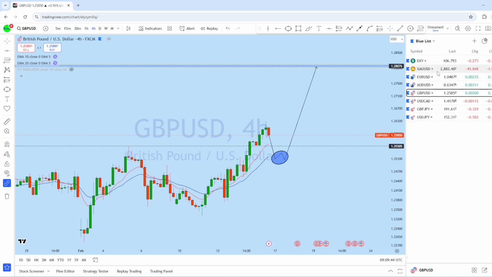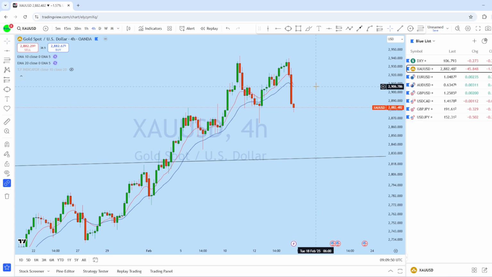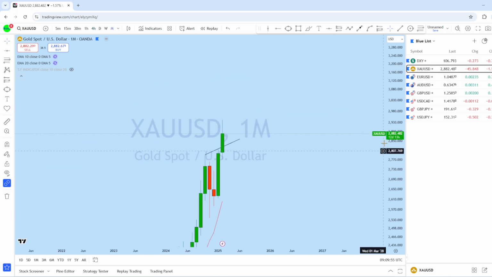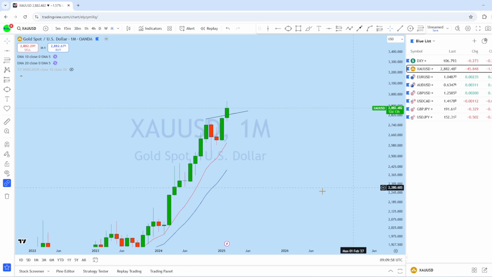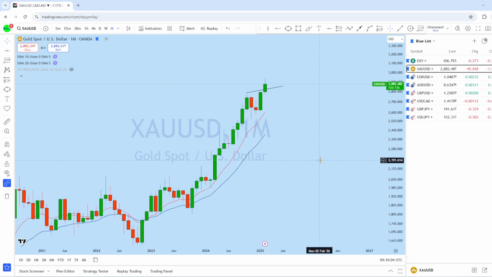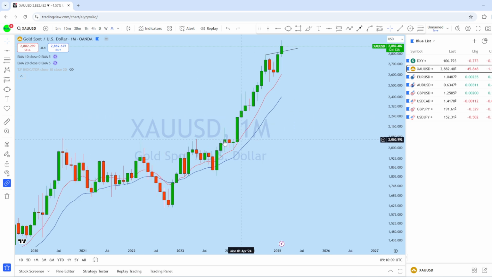Now let's look at XAU USD. Now gold, we have seen that this past week, after this massive trend, there is a deeper pullback. We'll be looking first of all at the higher time frame as usual to see the overall picture in this market. Now from the monthly, we can see that this market is in a very strong uptrend. As we have analyzed this historical perspective quite a few times, you guys know that this is a historically bull market, and we have seen that there was an inverted head and shoulders in that area with this impulse, then the inverted head and shoulders pullback, and we can see another impulse here on XAU USD.